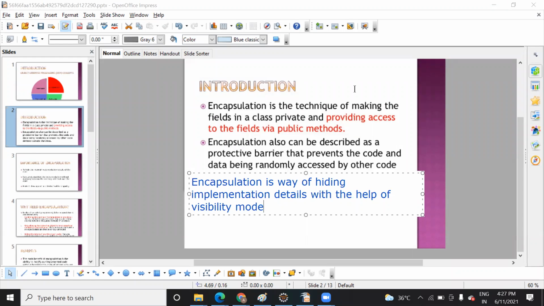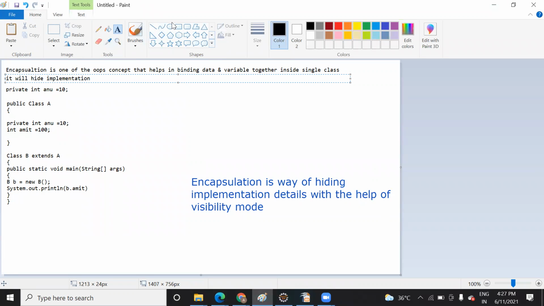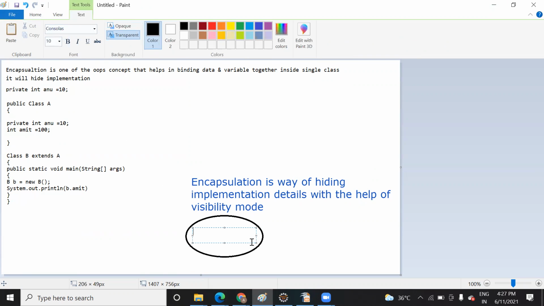Just think that this is your encapsulation, and inside this encapsulation you are binding method and data together. It can be any method, whether a user defined method or a main method.